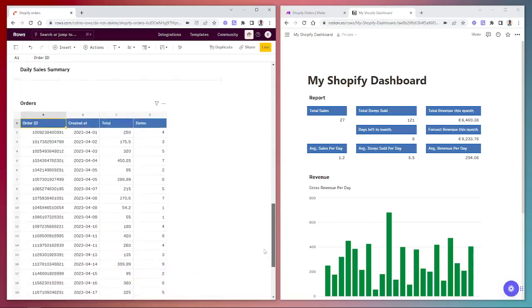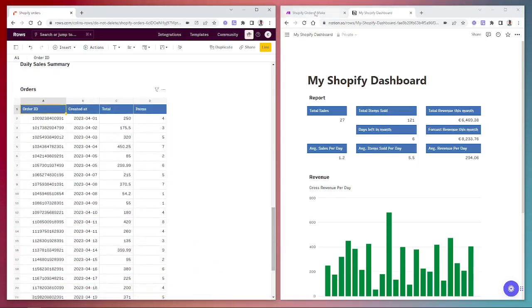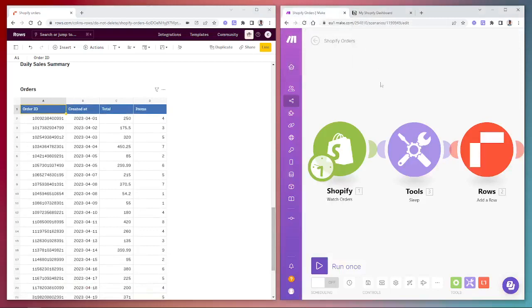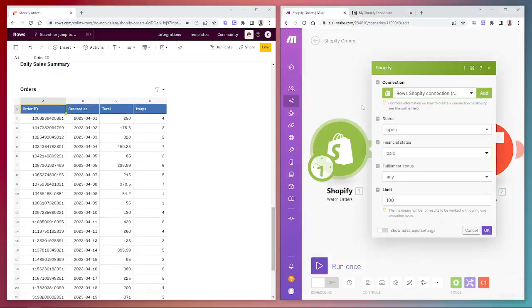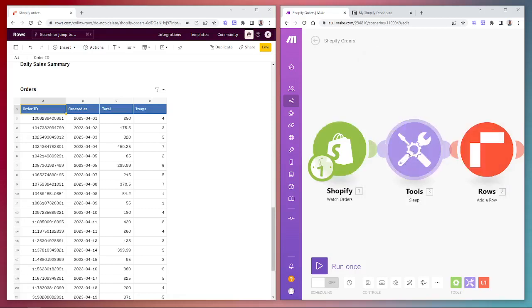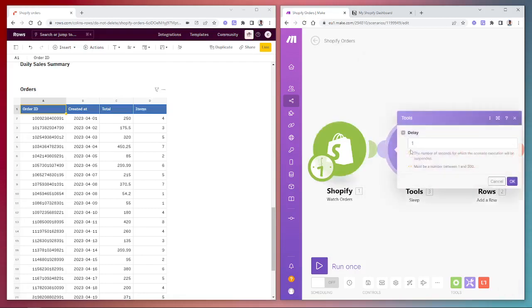Once we have our table set up, we can go into the Make platform to set up our scenario. First, you'll need to set up the Shopify module. You'll want to connect your account and change the financial status here to paid. I've added a sleep function inside the scenario with a delay of 1 second so that we do not hit